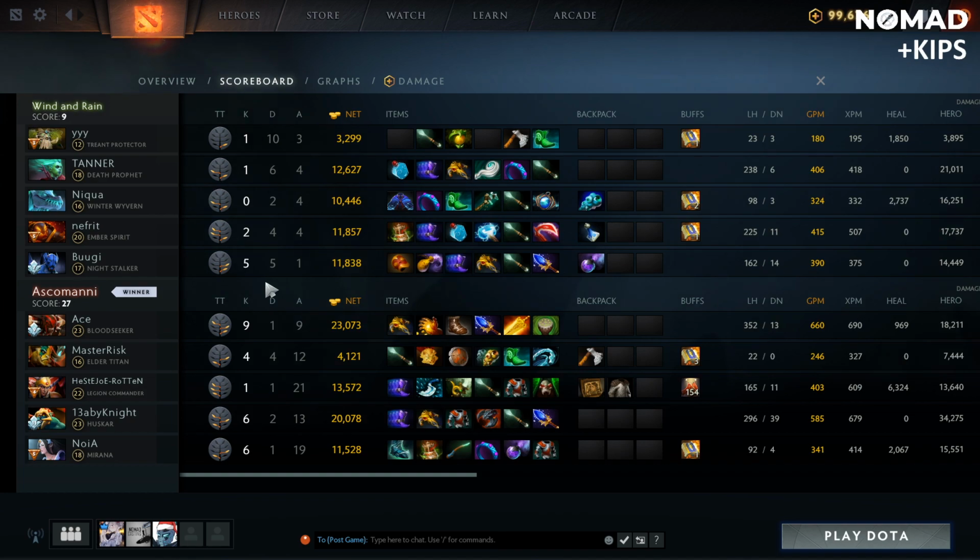And I'd actually hope that Wind and Rain makes use of that, or at least softens the blow of that weakness a bit in the next game. Pick Tanner earlier, make sure that you have something that can create momentum on either Nefrit or Boogie, and then see where the game moves. Yep, exactly. And hopefully they'll be able to pull out something a little bit more impressive next game around, because